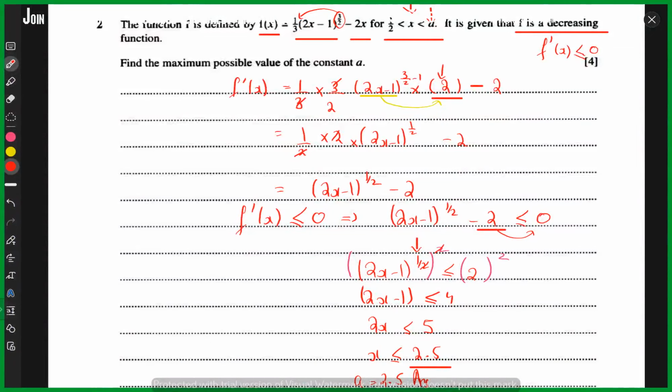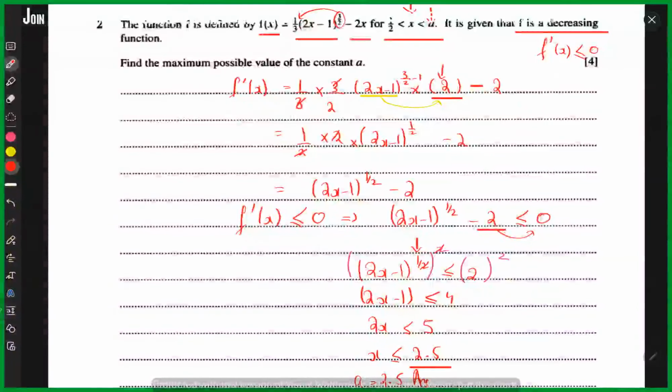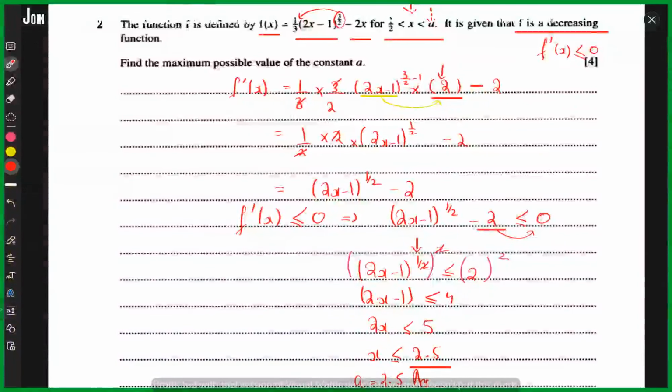Miss, how did we reach the proper conclusion that a is equal to 2.5? Yes, because of this thing given in the question. The question was that x is between 1 by 2 and a, and we were supposed to find the maximum possible value of a. We know that for x less than or equal to 2.5,